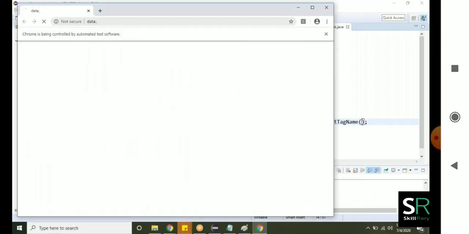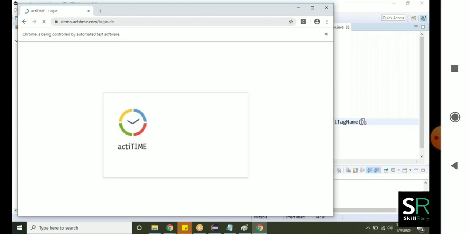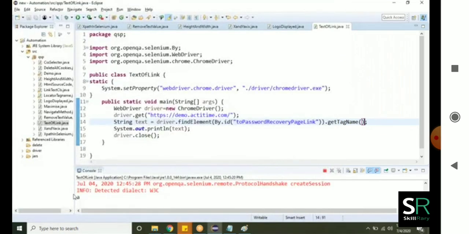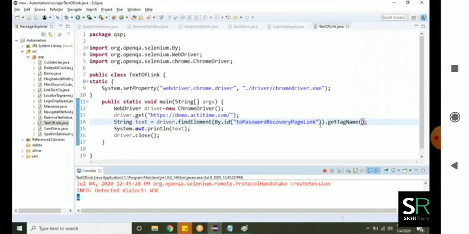Open the browser, enter the URL. See here, is it printing A?